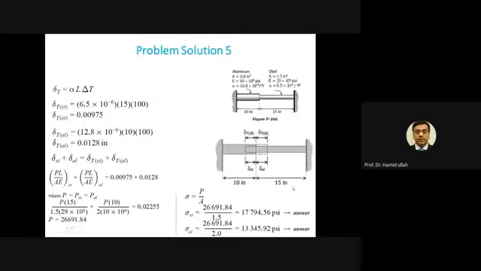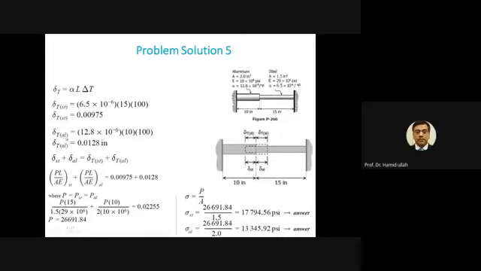When it is a matter of thermal expansion, because here you will call it thermal expansion, it wants to expand and this wants to expand. So whenever there is thermal expansion, this is the formula for thermal elongation, and you apply this formula to steel. For steel, the data is given and you put in the data, so you get this equal to 0.00975. Here there should be a unit, maybe inch, because area is given and E is given, in inches. Because it is an elongation, you will put the unit, which is inch.